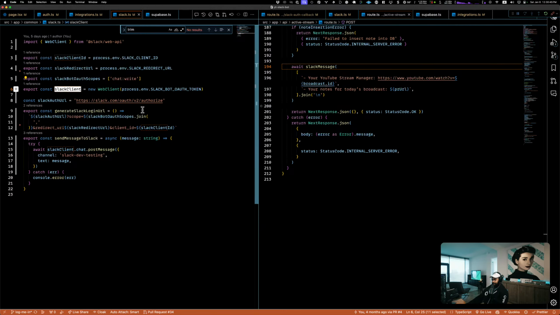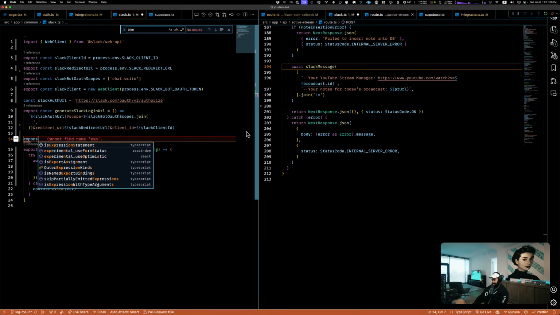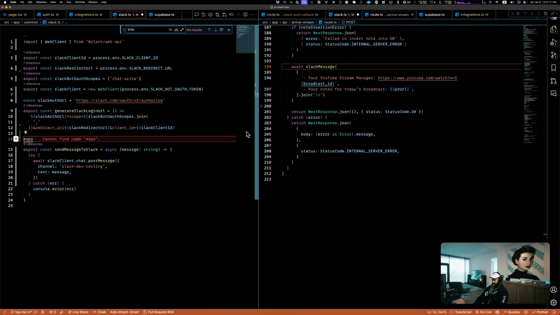So maybe I should create this Slack client here, or whenever I get the Slack client, maybe as a part of creating it is a function, right? So it'll return to me a Slack client. I think the returning is a better thing. So let's say export, and then we're gonna say export Slack something.